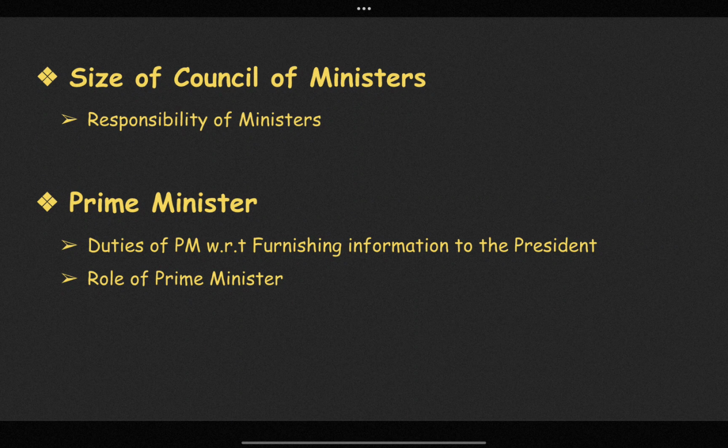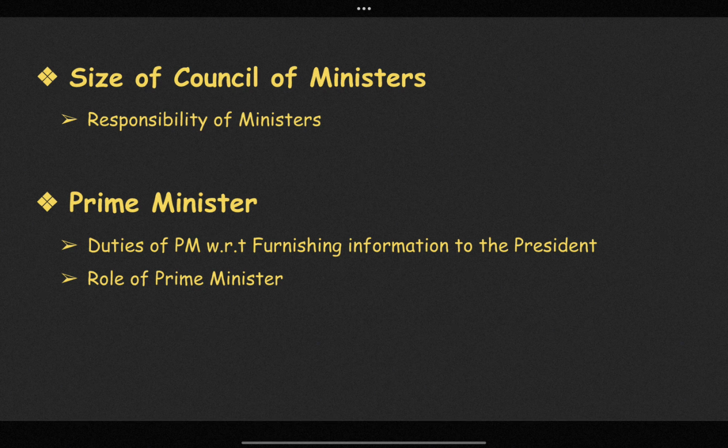The council of ministers is collectively responsible to the Lok Sabha, whereas at the state level, it is mentioned in Article 164 clause 2 that the council of ministers of a state is collectively responsible to the state legislative assembly. Both of these are based on the principle of swim and sink together. That is, a no confidence motion can be introduced and passed against the Council of Ministers and not against an individual minister. Now we should know about the Prime Minister.